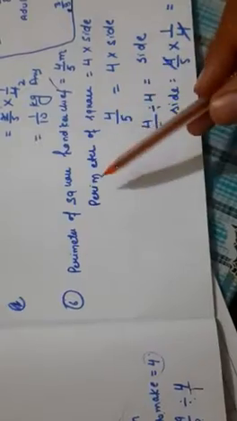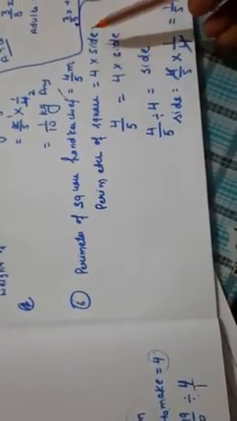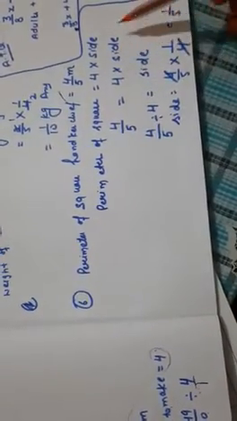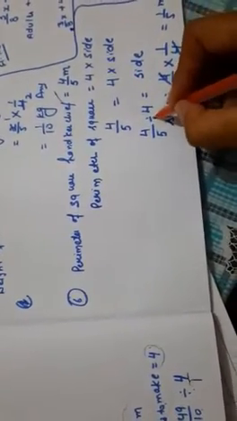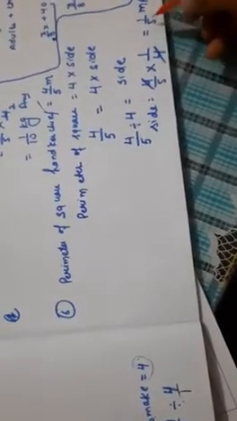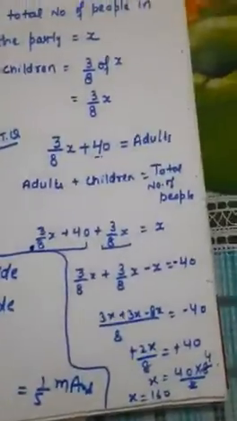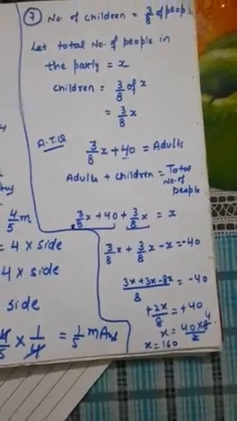Then the 6th question is also there. The perimeter of a square is given as 4 by 5, but we know perimeter is 4 into side. Then we can fill in the value of perimeter: 4 multiply by side. The 4 will go to this side and divide. After that, the divide sign is there, so we put multiply and 1 by 4. 4 will cut with 4, 1 by 5 came. Same like this is the last 7th part. So with this question our chapter is finished.